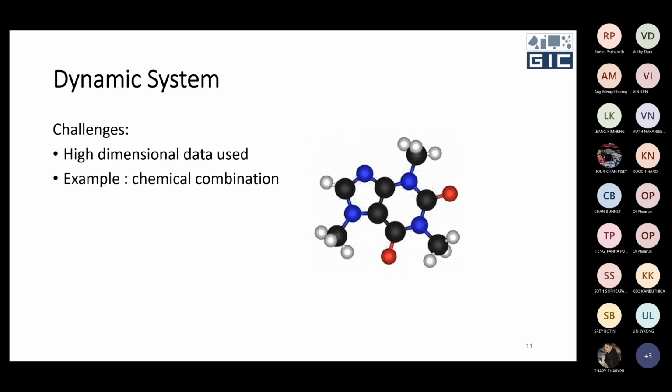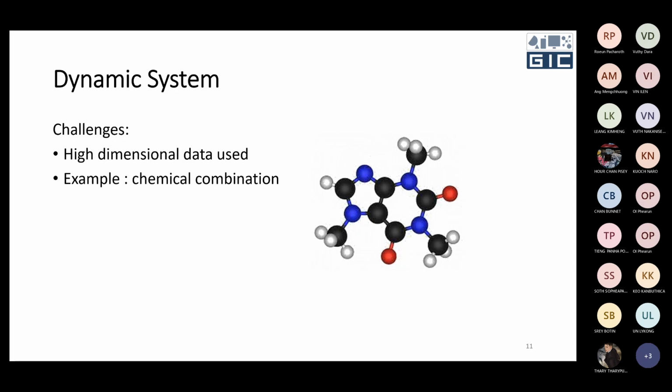So this is also one challenge, because it's really difficult to represent high dimensional data that you have used to represent something. So in the dynamic system, this is also a challenge. And the other thing is human organic combinations. For example, to build blood, what is the combination in the blood cell? They have sugar, salt, water, and some elements, calcium or something. Those kinds of things are very difficult to construct because they have many elements to construct your system. But as a doctor or biotechnology expert in science, can I represent the blood?